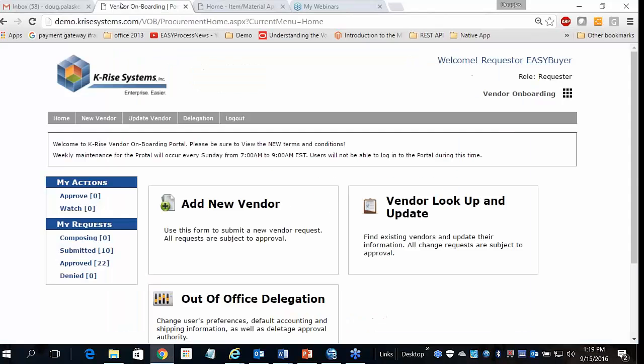So let's start out with vendor onboarding. I just logged in, and you can see that there. I logged in as requester. I'm going to be dealing with 3 profiles: requester, AP manager, and accountant. So I'm logged in as